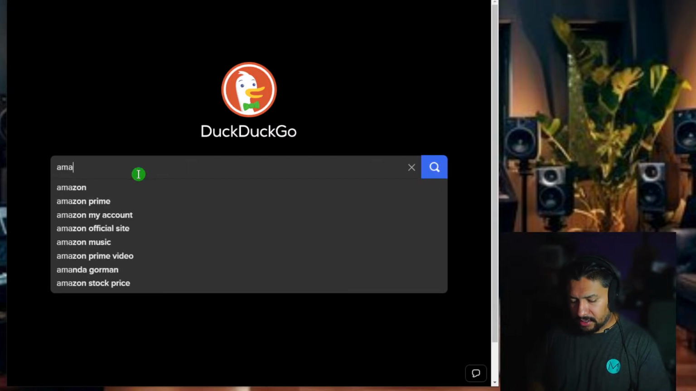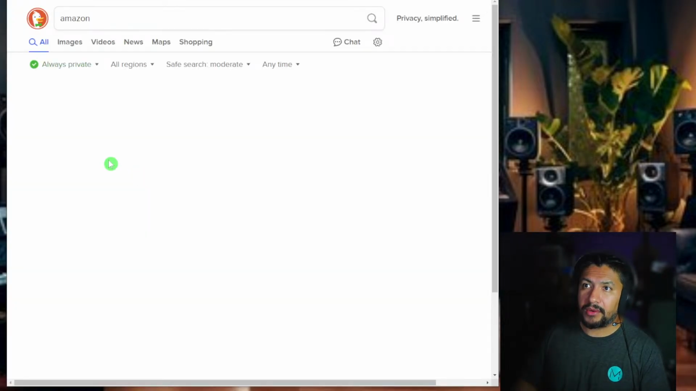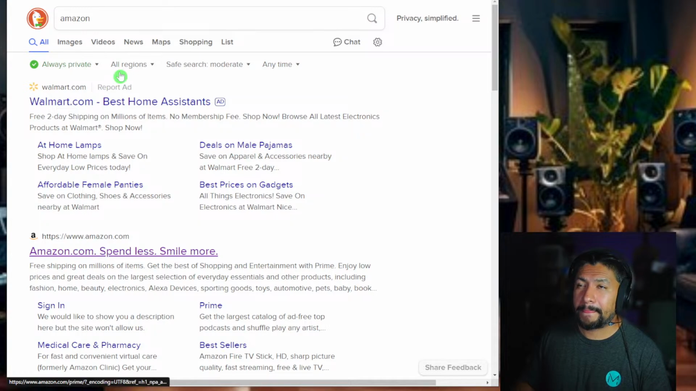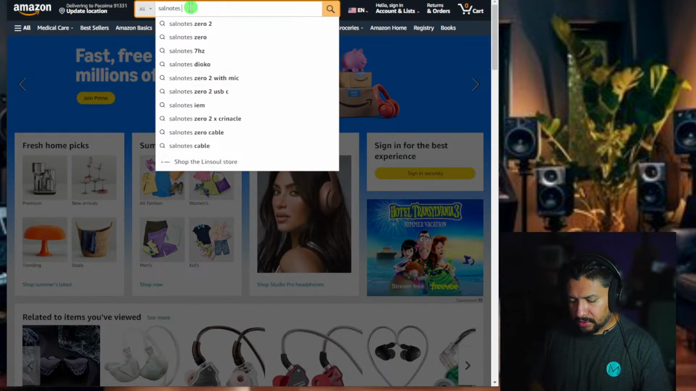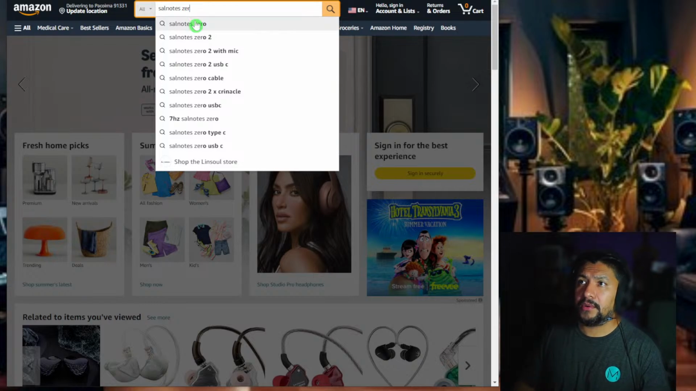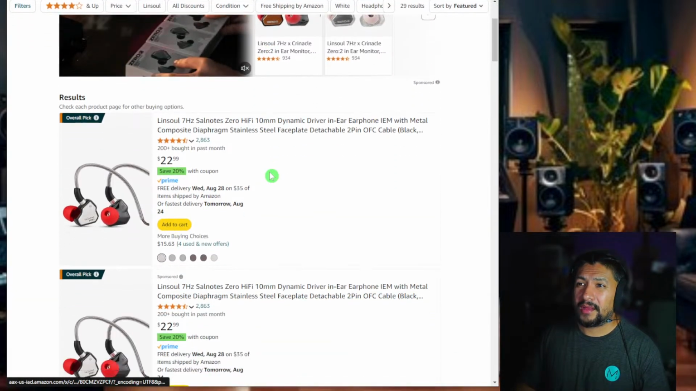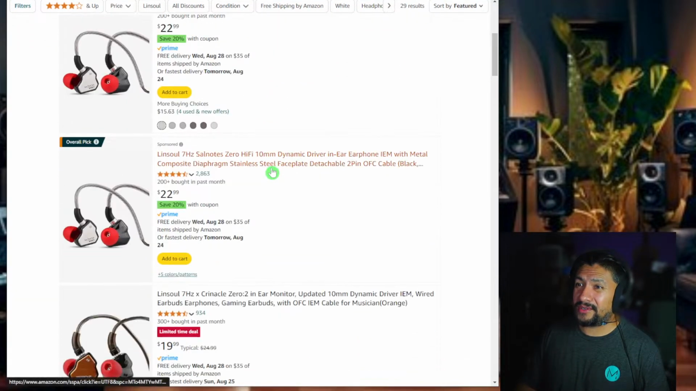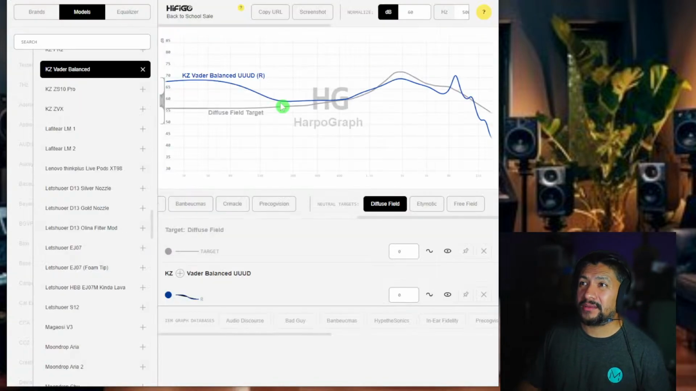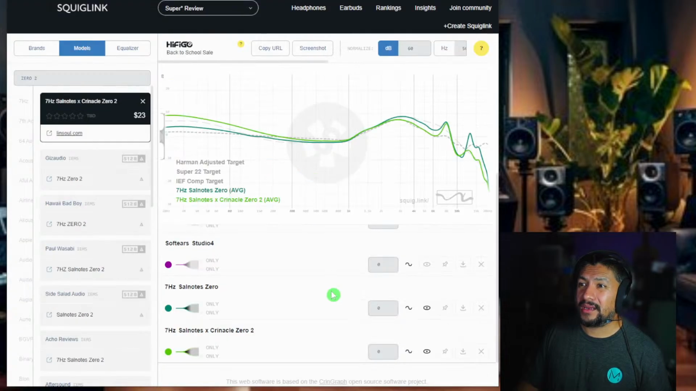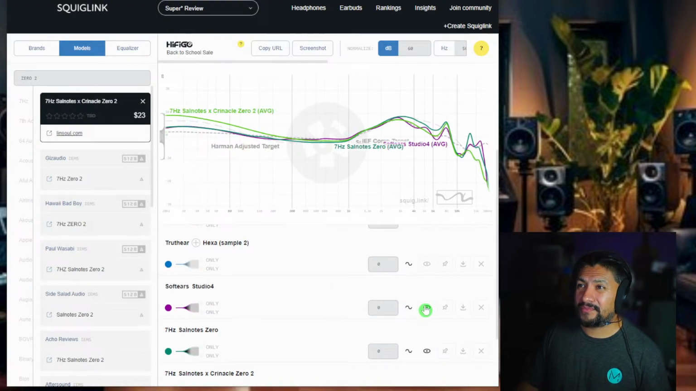Now let's go to Amazon so I can show you what that looks like. Let's go Sound Notes Zero. There it is, $22. And how much is the 02? $19. Take your pick. And then if you compare it to the Studio 4,